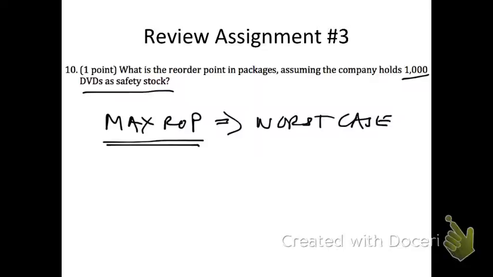I don't want to run out of inventory, and so this safety stock says that I am going to look at the longest lead time possible and the highest sales rate possible, and then I'll compare that to my normal reorder point based on my average